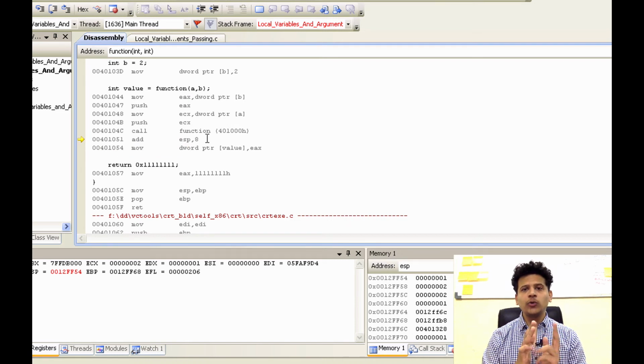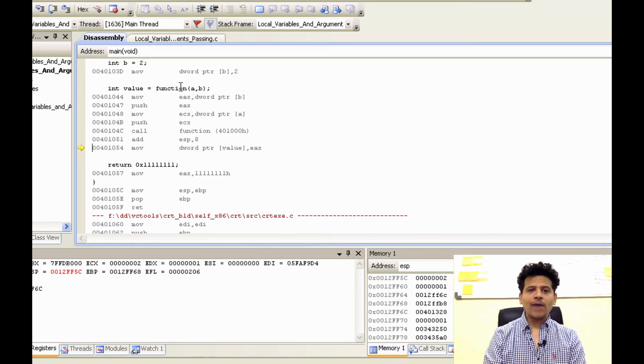Now main passed two integer variables as arguments to the function. So as we saw in the CDECL video, it is the caller's responsibility to clean up its own stack, and in this case main is the caller and the function is the callee. To clean up the stack, 8 bytes will get added into the ESP, and those 1 and 2 which were passed to the function as arguments will get cleared from the stack. Let's step into that. Okay, that got done, and now ESP is pointing 8 bytes below, and that means those values got automatically cleared from the stack.